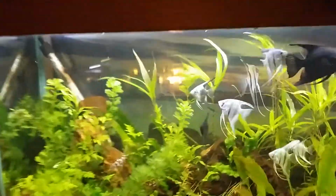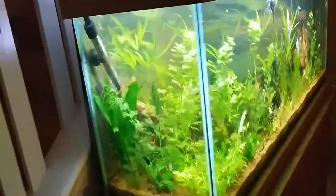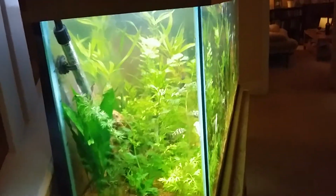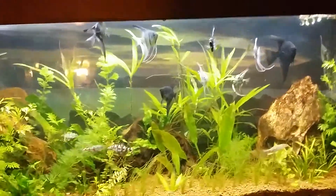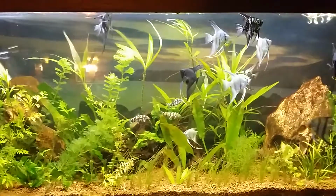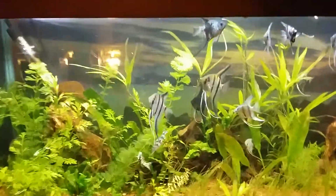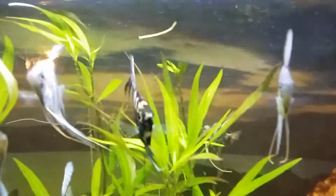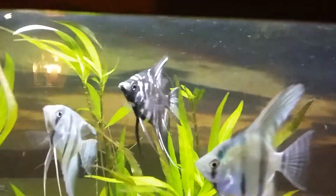It's growing very well. But all in all, that tank, it's a nice tank, 3.5 foot, but front to back it's only about a foot, 30 centimetres. It's very low volume. So that would be one on the to-go list, just use that for babies I think, or plants, except for Amazon sword. Now when these babies were younger, so there you can see the marble effect